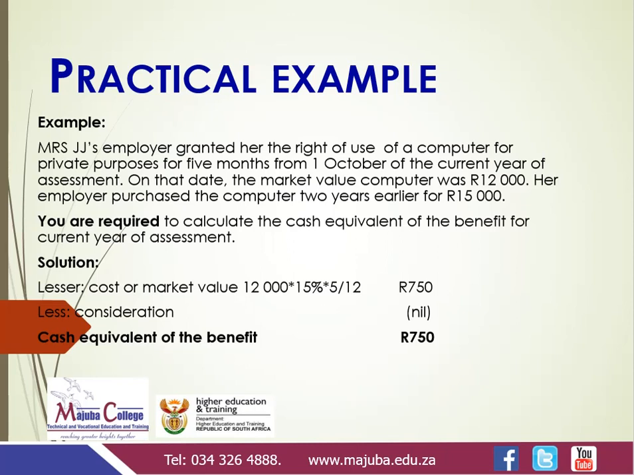So the employee has used the particular asset for only 5 months in a year of assessment. That gives us 750. Less a consideration. Unfortunately, there is no money that is paid by an employee for the use of this particular asset. So the cash equivalent of the benefit is